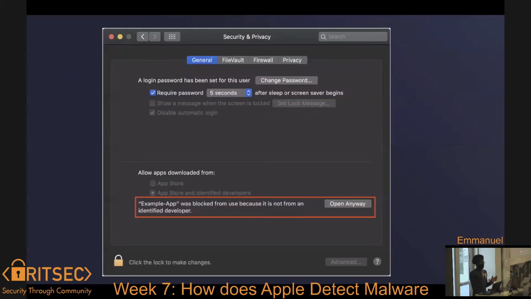And again, there's sometimes where it doesn't show that, but you also need to explicitly give it permission. So this is the settings app where you have to tell it, oh, I don't care for the security aspect of this application. I just want to run the app. So you can always just go into the settings and just run anyways. So at this point, you are in control of what happens after this. Apple cannot help you with this at this part.